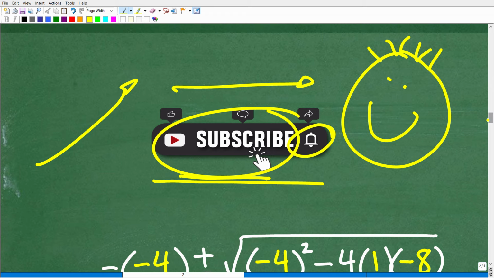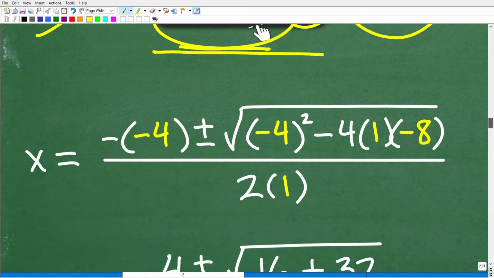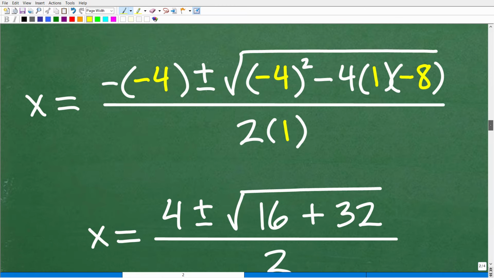All right, so let's move on and finish this problem up. So now this becomes, again, one big number crunching operation. So look, we have to be really disciplined, and what you don't want to do is do too many steps at once. Okay, you can take maybe one or two. I'm going to show you how I did this, but obviously, with experience, you're going to get better at this. But let's go ahead and